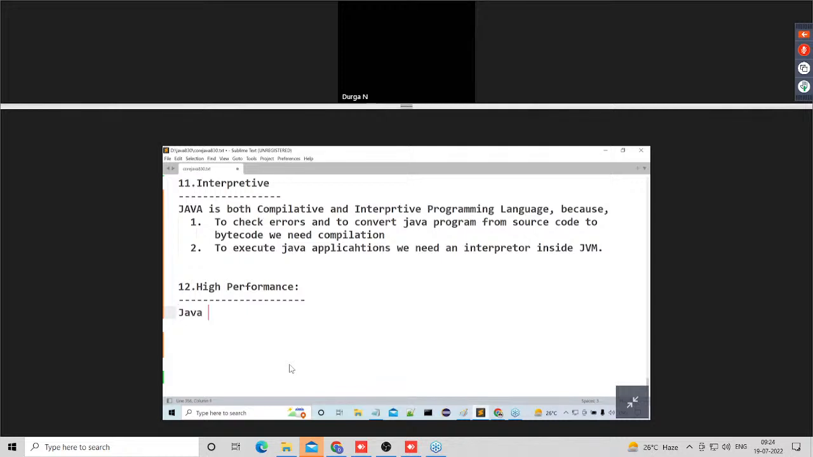What I am telling is that Java is a high performance programming language. Why? Because of reason number one: due to its rich set of features, like portable, secure, multi-threaded,